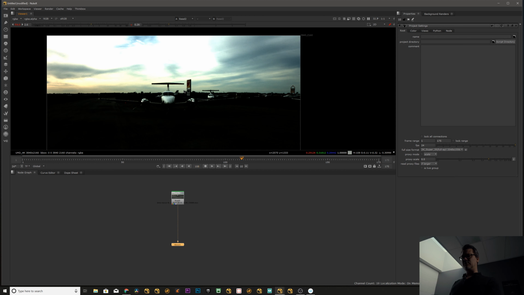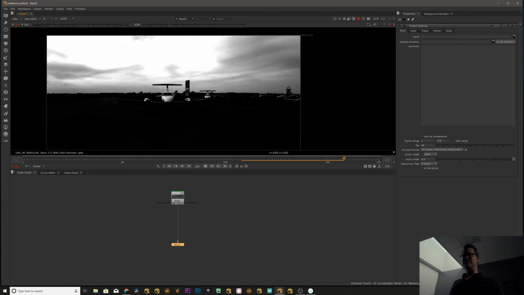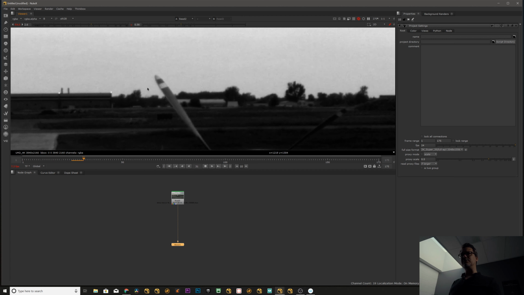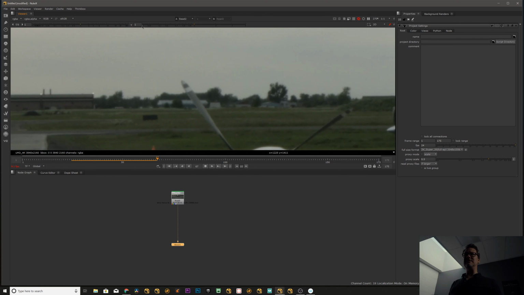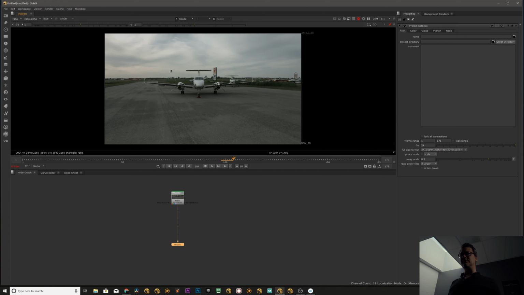So if you go into luminance or different setting, RGB, you can see all the channels and what you think you're going to be able to extract out of those really quickly by using here the gain and here the gamma. So it's fun to see all your highlight values, shadows values, so